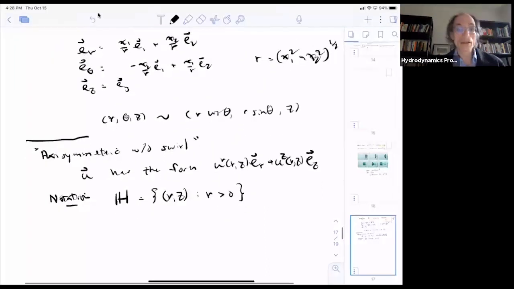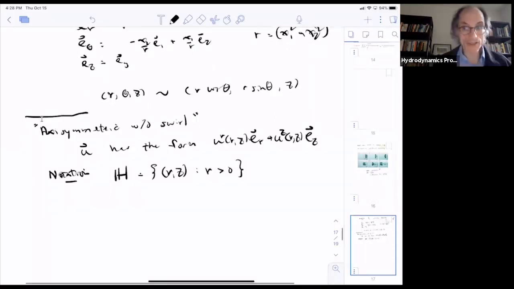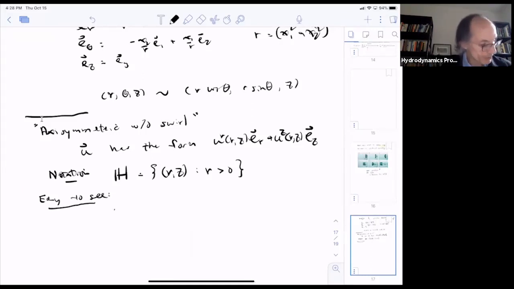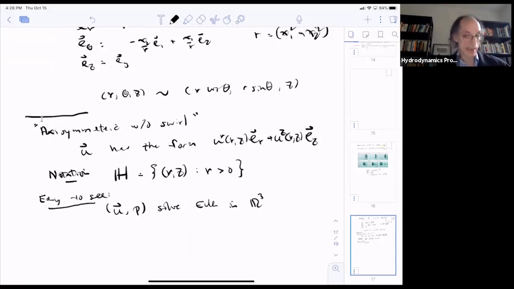Okay, so then continuing, I want to write the equations in terms of u_r and u_z. It's easy to check that if u and, say, p is the pressure, solve Euler in R3 and u has the above form, then u without an arrow, so the reason for the arrows was to distinguish them from what I'm about to write, u_r and u_z, and p solve